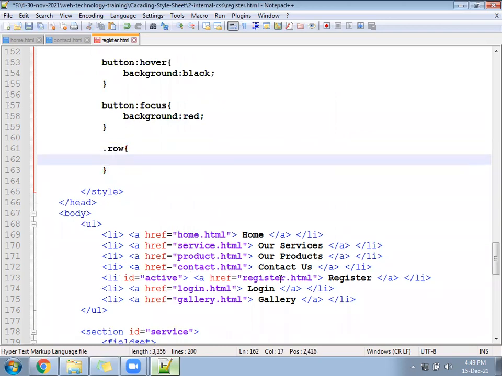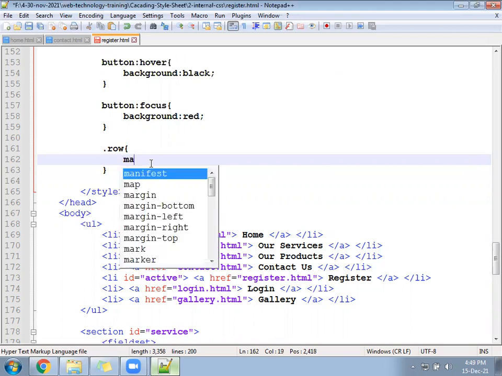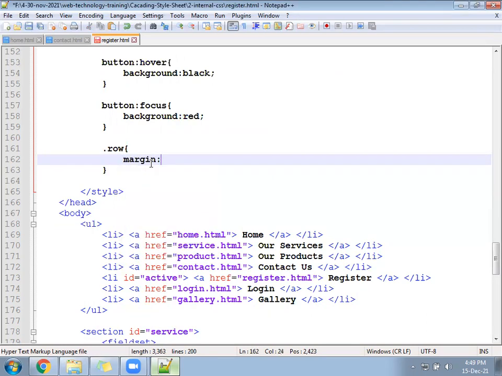After writing the CSS for the row class, keep margin. See, if you keep margin, it will give outside gap. If you keep padding, it will give inside gap.